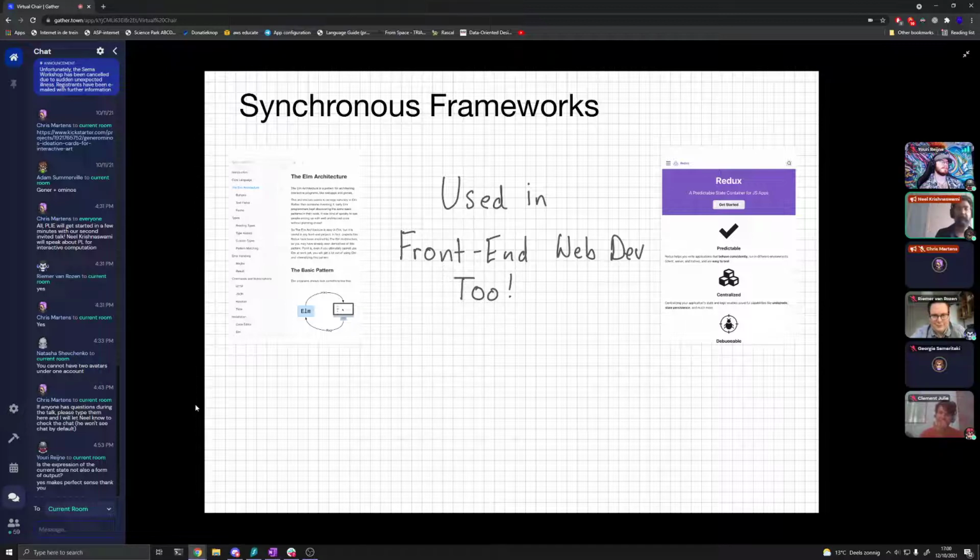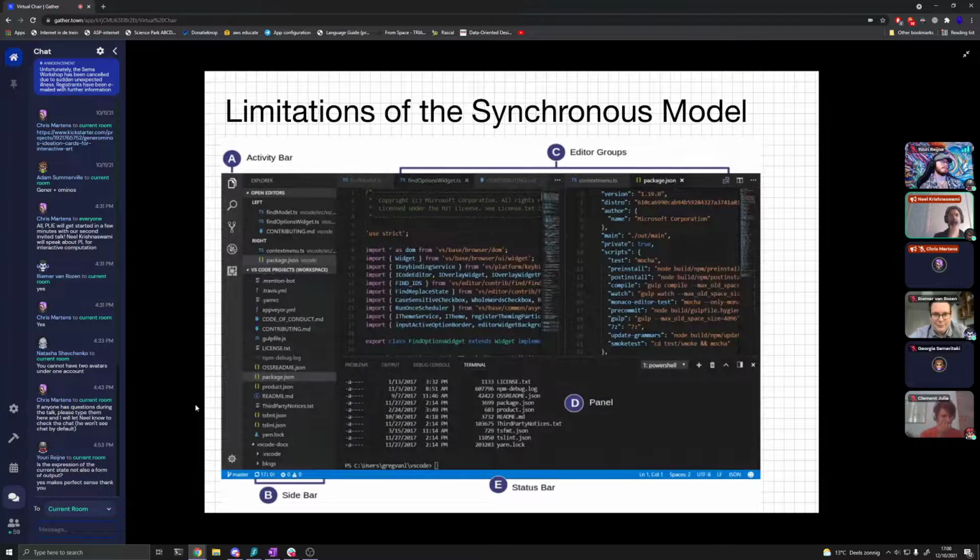But it's not always applicable. So I want to talk a little bit about the limitations of this basic synchronous model. And I'm going to do this by showing you a screenshot of a code editor many of you may use, VS Code. I took this off the Microsoft website, and this is one particular configuration of VS Code.